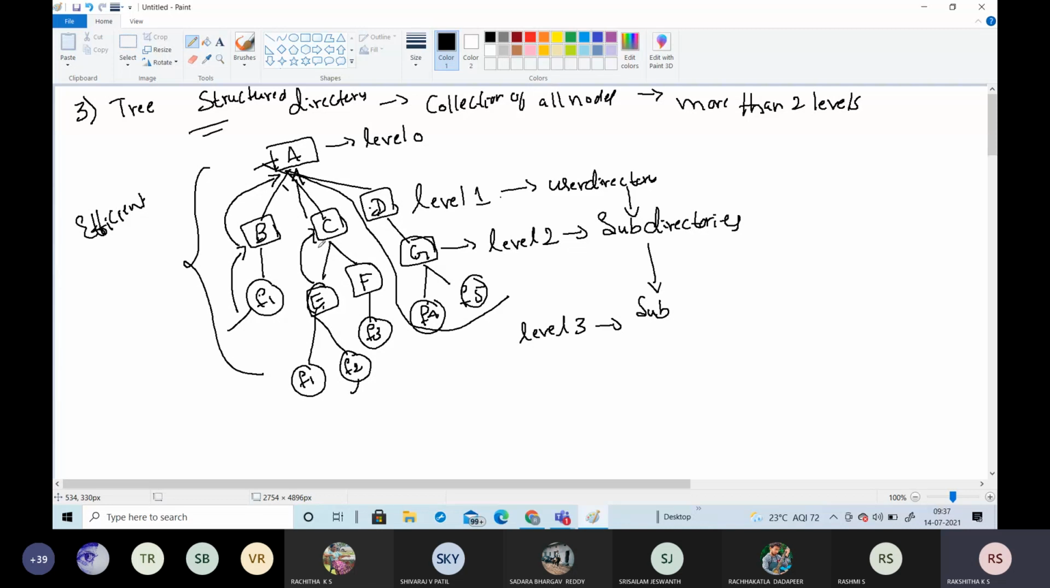In this tree structure, it does not contain any cycle. There is no cycle present in the tree structure directory, but the graph may contain the cycle. The graph or the cycle is required here to transfer information or data from one directory to another directory. That is the problem we are facing in this tree structure directory. To overcome that problem, we moved to the last approach, which is known as the